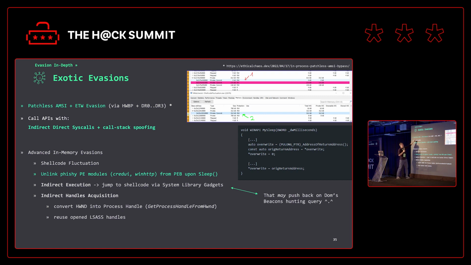Then also don't patch AMSI, don't patch ETW because this is also detected. Instead, refer to the patchless idea for hardware breakpoints. Then also, if you can find such a code sample or just write it yourself, unlink your fishy modules when you're attempting to sleep your beacon, so just hide them from the PEB module list, and then execute direct syscalls,